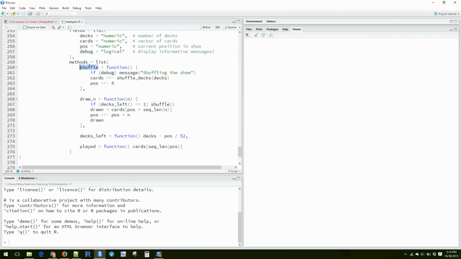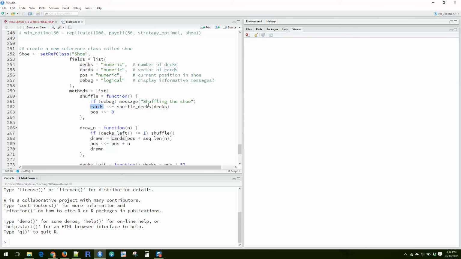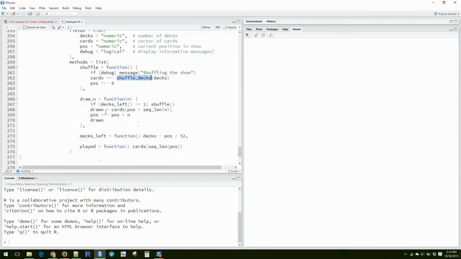The methods that we're implementing are shuffle, draw n cards, the number of decks left, and played. This is a convenience function for us. So shuffle will just take all of the cards and shuffle all of them. So the shuffle decks is another function from way back, which basically just takes all the cards and samples from them. And then draw n is, all we do is we just take our position in cards, and then